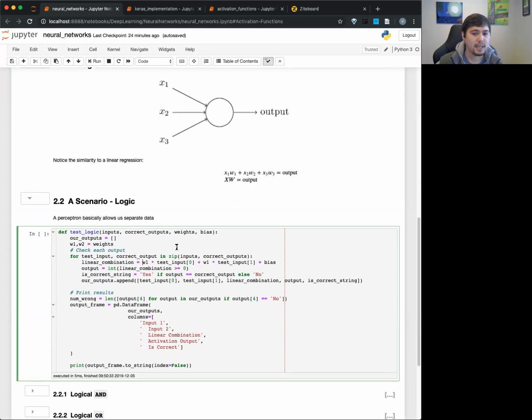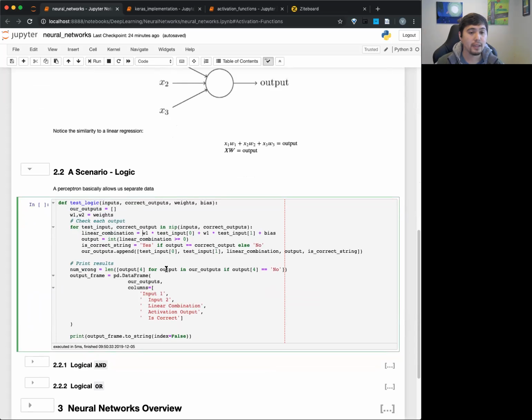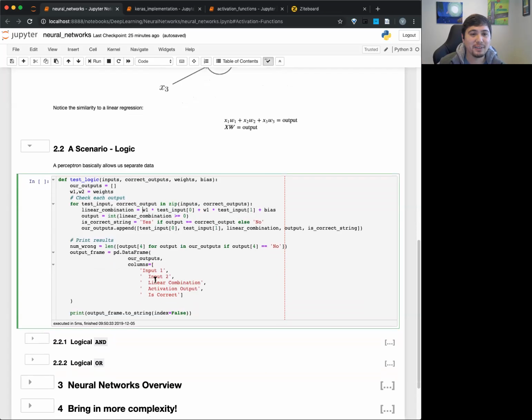So think classification. One classic example you can talk about for perceptrons is doing something like logical OR and logical AND. Is anyone familiar with logical OR, logical AND? Just give me a thumbs up if you are, thumbs down if you don't know what that is, because we'll talk about it. Okay, we'll see some thumbs up, maybe some questions. We'll talk a little more about how that goes.